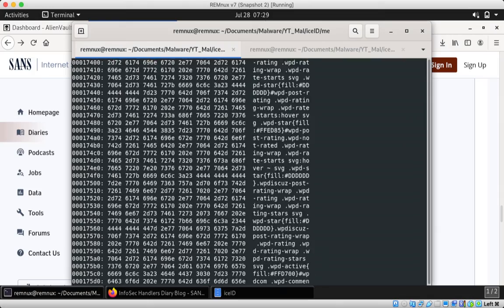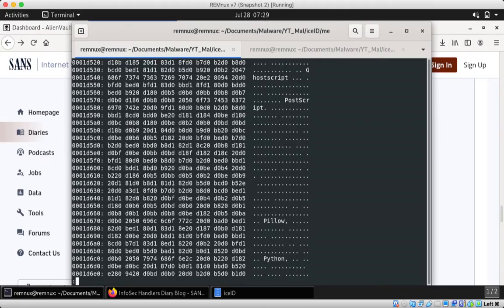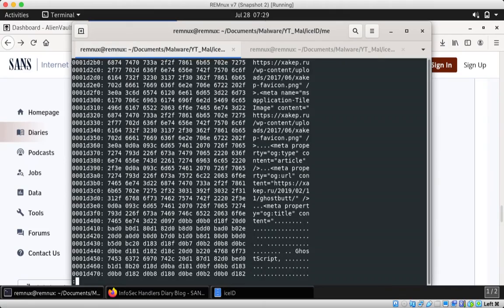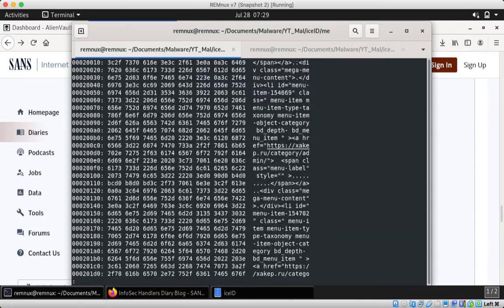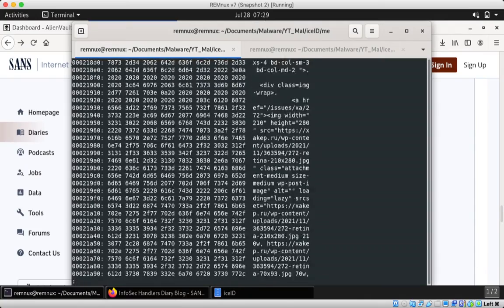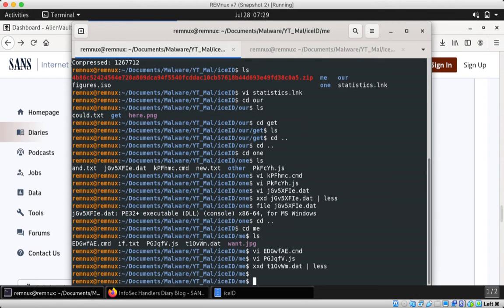Scrolling down, you can see some script stuff. You can see some HTML related stuff. Okay, so we can have a guess as well that this is another downloader. We're supposed to create something more, but